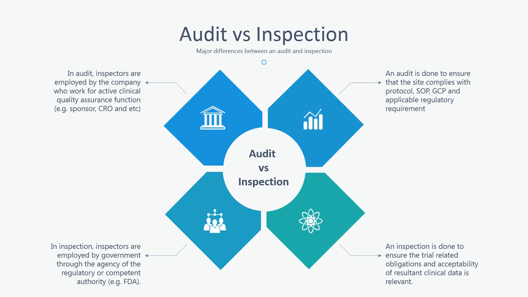Some of the major differences between an audit and inspection are: first, in an audit, inspectors are employed by the company who work for an active clinical quality assurance function, for example sponsor, CRO and so on. Second, an audit is done to ensure that the site complies with protocol, SOP, GCP and applicable regulatory requirements. Third, in an inspection, inspectors are employed by government through the agency of the regulatory or competent authority, for example FDA. And, fourth, an inspection is done to ensure that trial-related obligations and acceptability of resultant clinical data is relevant,